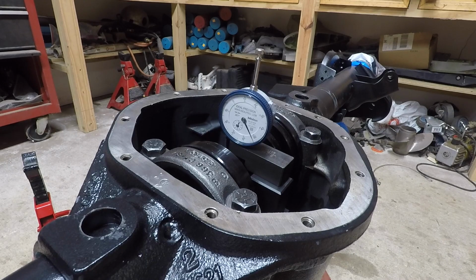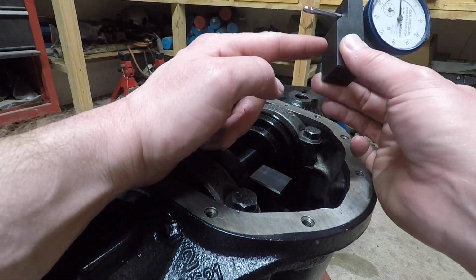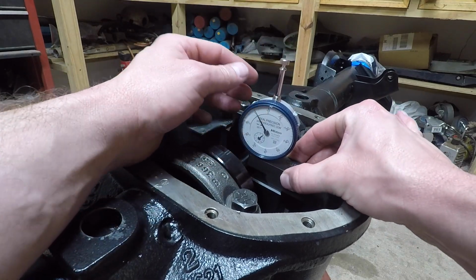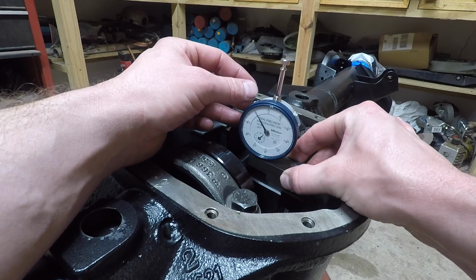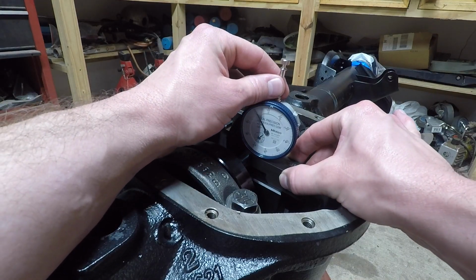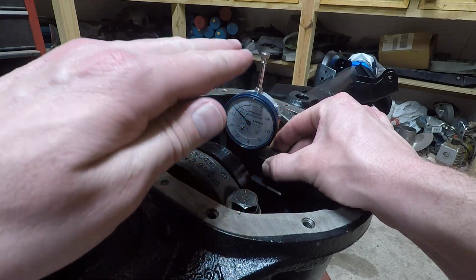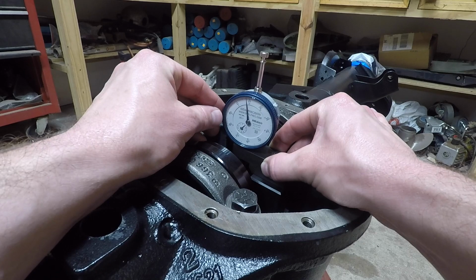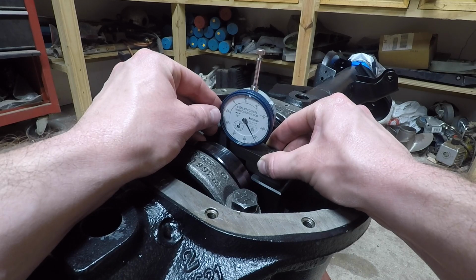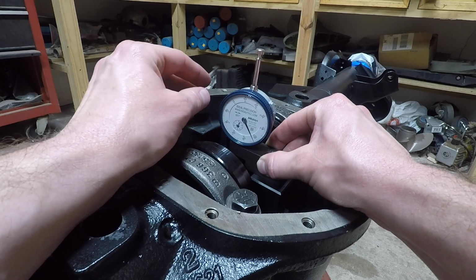To try and explain, I've tried to explain it before, and I know it's probably misunderstood a lot. So you're basically taking this piece here, you're raising this up, and you're wanting to just do your best to hold this on there steady and zero it out. I know I'm still a little bit wobbly, but I went ahead and put it on 0 there. So what I do is I just hold it there, I move on over, and it starts to go up. So I'm already starting to hit that round curvature part of it. As it goes up, it goes to 50, 51, 52, 53,